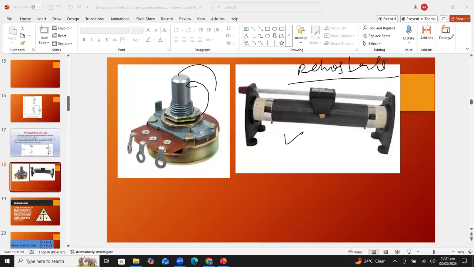Right now they are using them only in the physics lab because they are very old and they have very little power across these devices. So these devices are called rheostats. This contact can be moved left and right. This is a sliding contact. We can move it. If I keep this contact at this position, resistance will be minimum. And if I slide this contact and place it at this position, it means resistance is maximum. Clear, students?